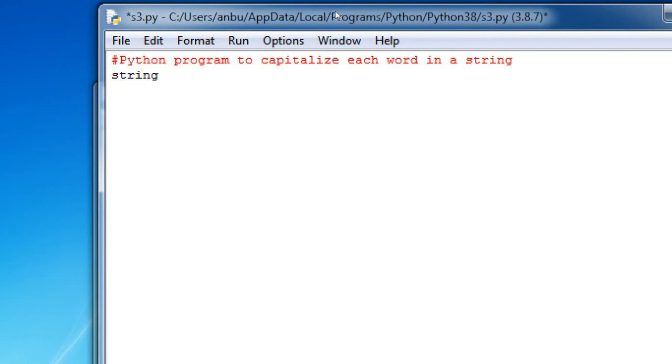The string variable that I am going to use here is string. So string is equal to input of "enter your text". The text will be accepted here from the standard input device called the keyboard. Now after we accept this string,